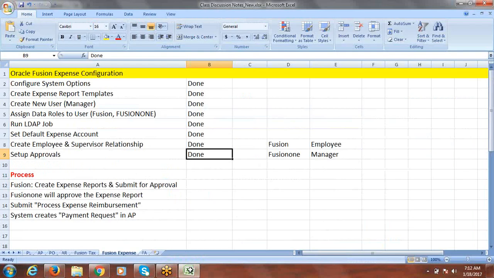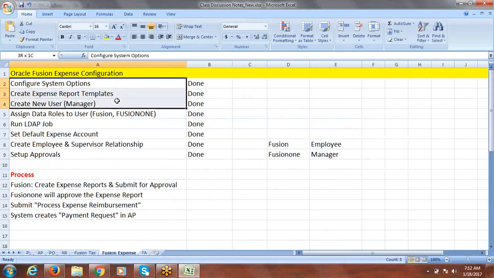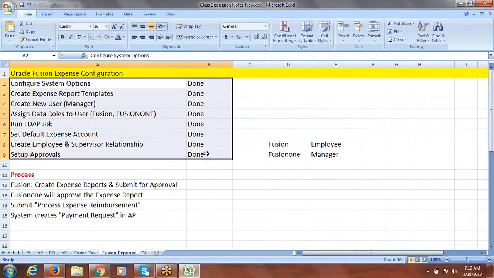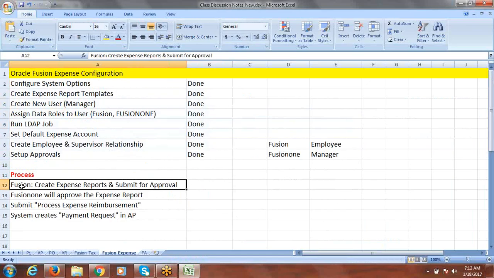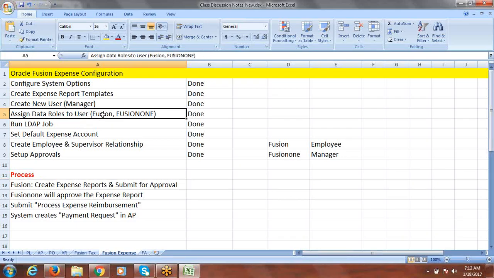In yesterday's session, we completed all these setups and we are creating the purchase expense report from the Fusion user. At the time of creation, it is showing who the assignee is, whom it has to route to. As per our configuration, that should be routed to the Fusion 1 user, which means Fusion 1 is the supervisor for the Fusion employee. So this is what we can see.